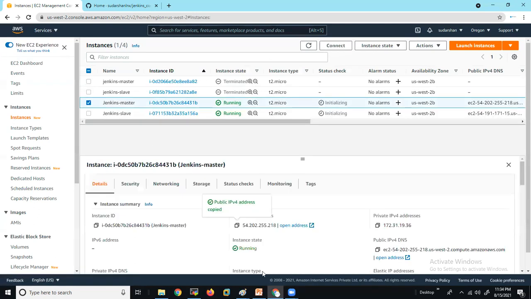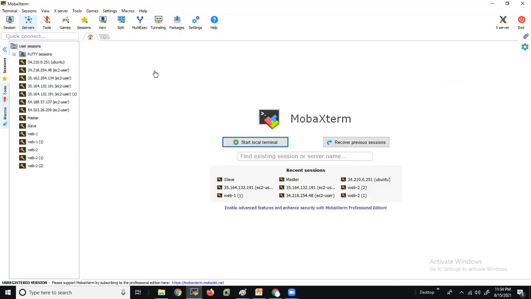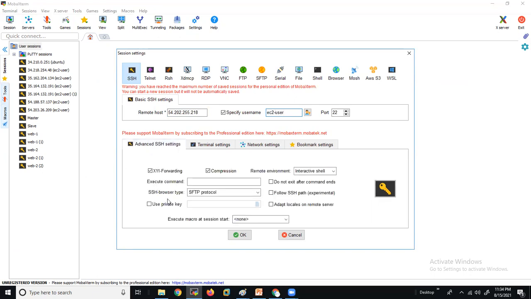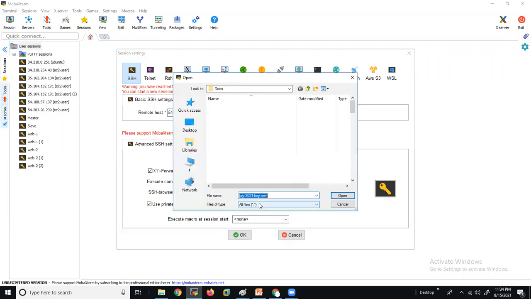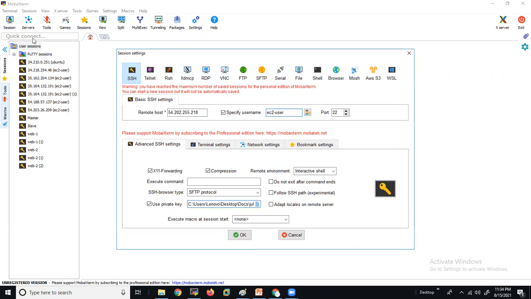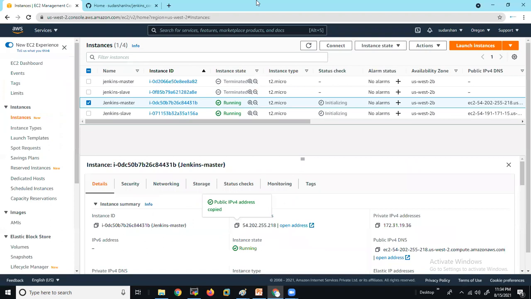So first we'll connect to the master server. Advanced settings, I'm going to add my key. Actually, I'm using an interface called MobaXterm. We can directly get this from the internet.